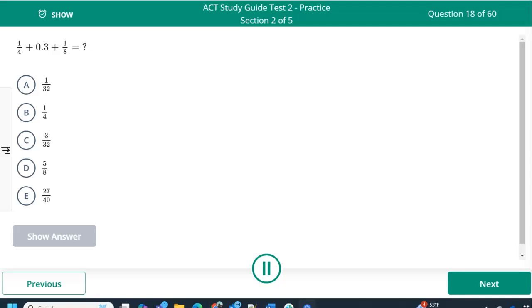We'll say 10 over 40. I'm not going to write the 40 every time. Well, you know what? I guess I will. 10 over 40